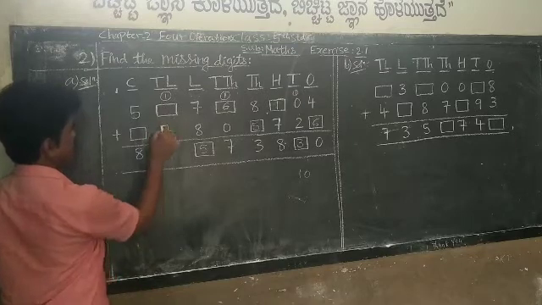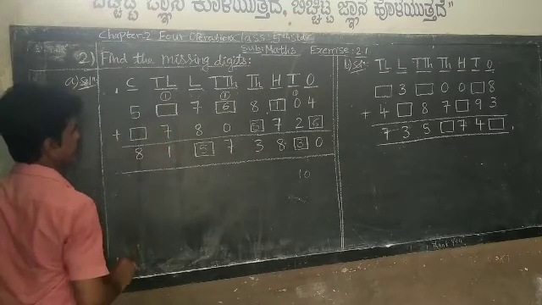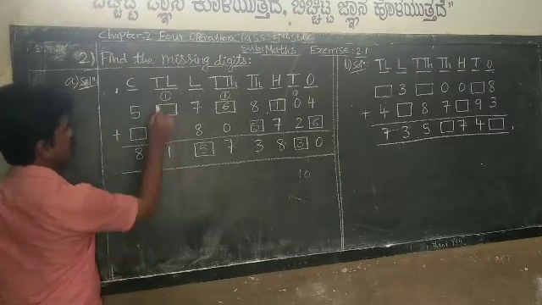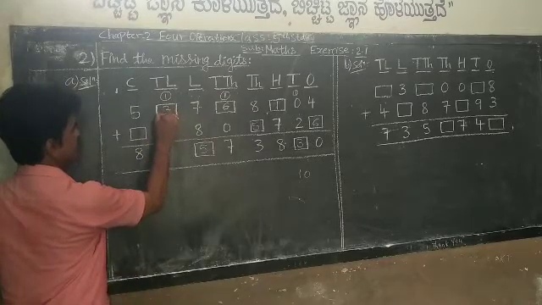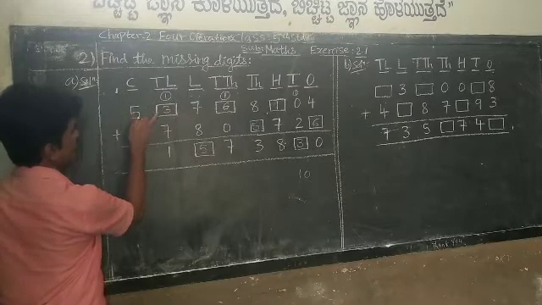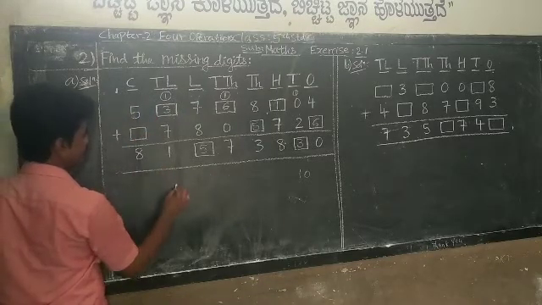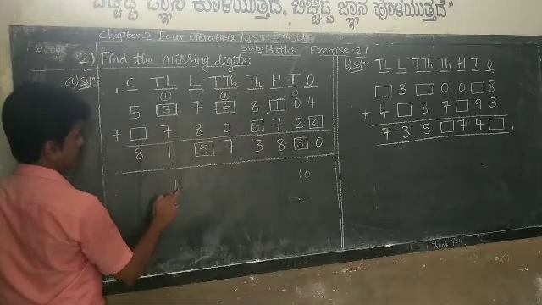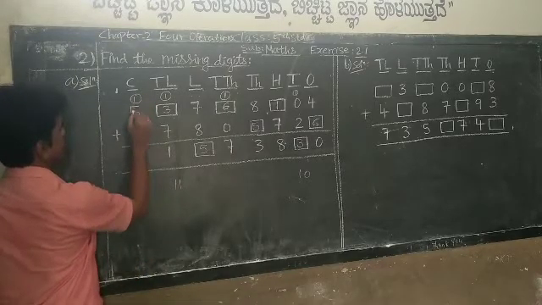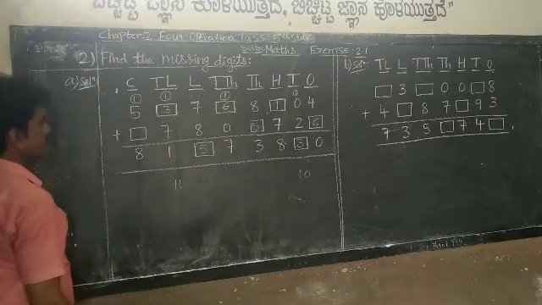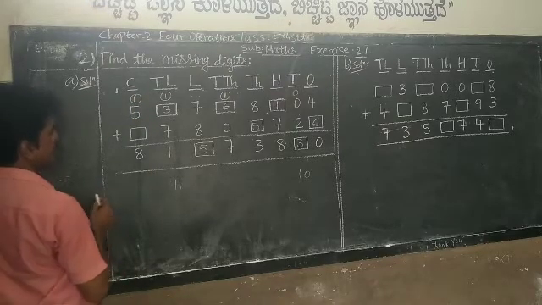Now see the digits here. 1 plus 7, 8. But 1 is given here. When you add 3 here, what happens? 1 plus 3, 4. 4 plus 7, 11. When you get 11, this 1 you will write down, and the other 1 you will carry to the crore place. So last, finally, what digit is there?